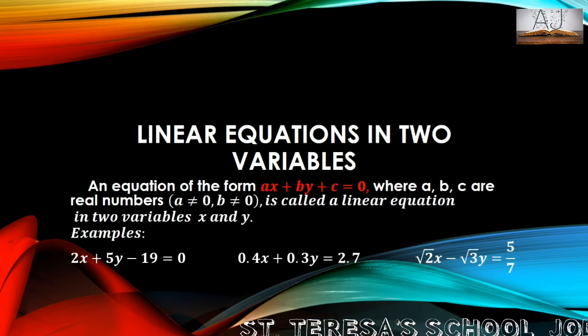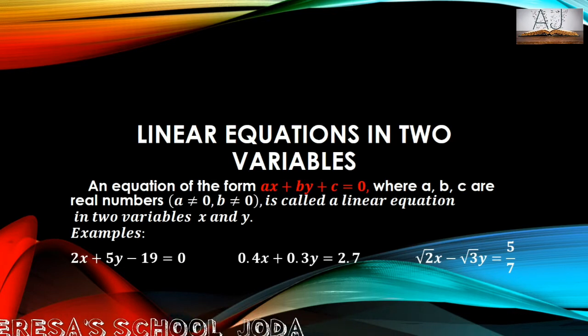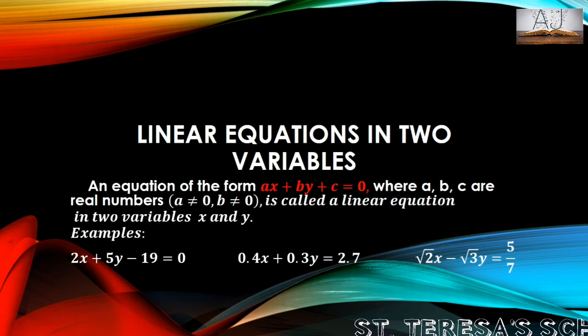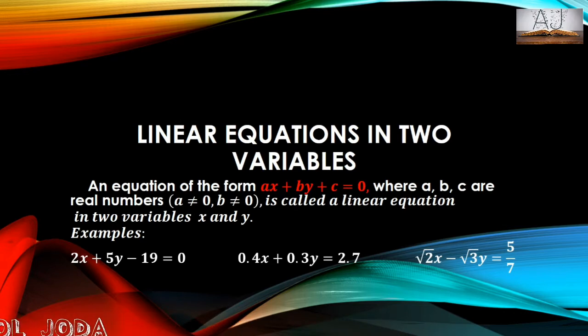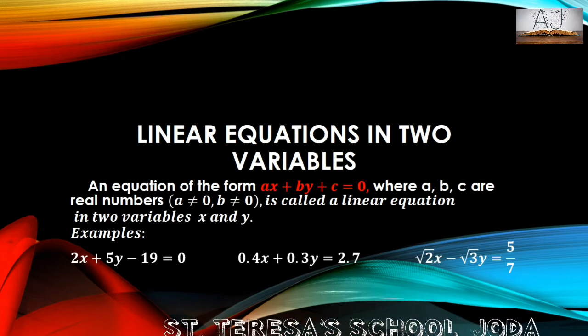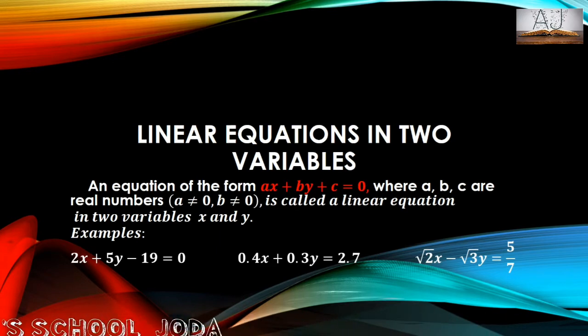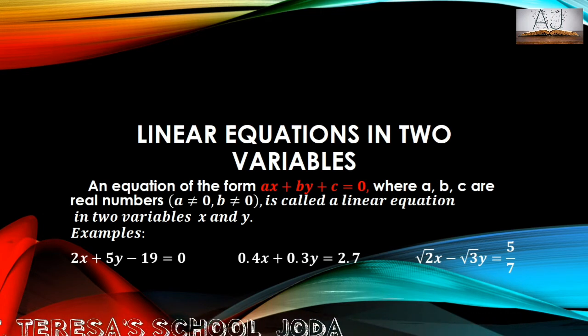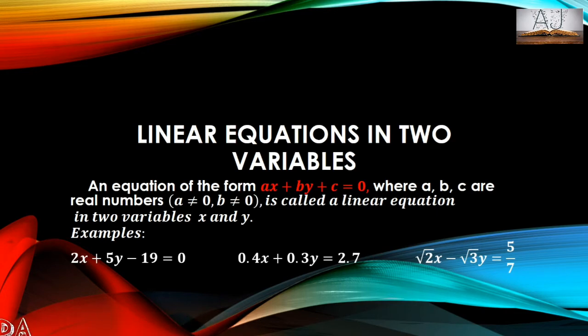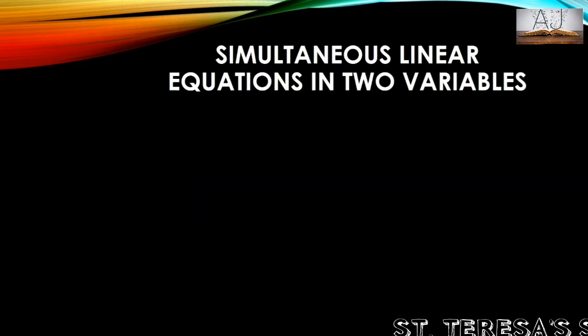So whenever we have this type of thing, that means two variables, the power should be 1. It should not be more than 1, a square will not work. Then this will be called a linear equation in two variables, because we have two variables. Linear means the power should be 1 only. Whatever the variable is, it should have the power 1. It should not be square, it should not be cube. When it's a square, it may be called a quadratic equation.